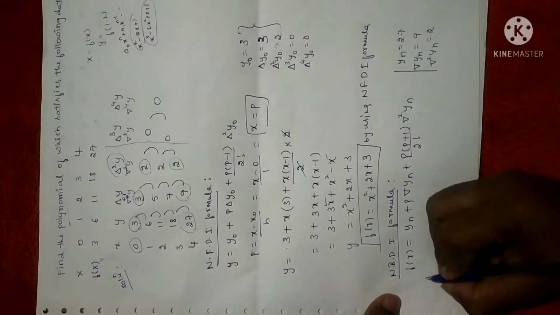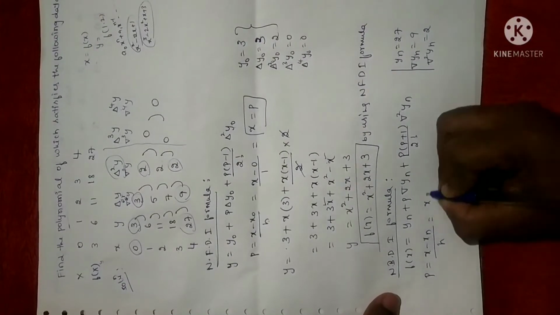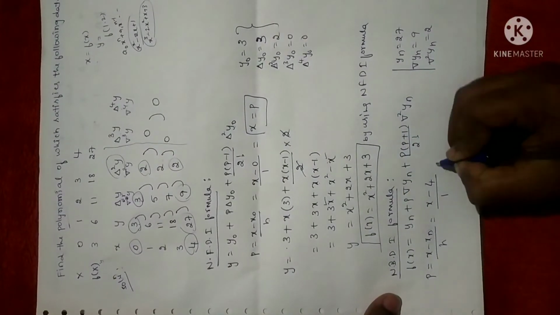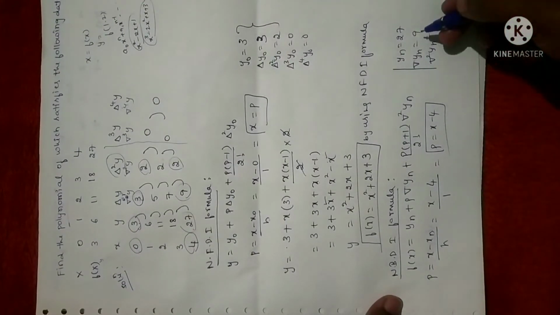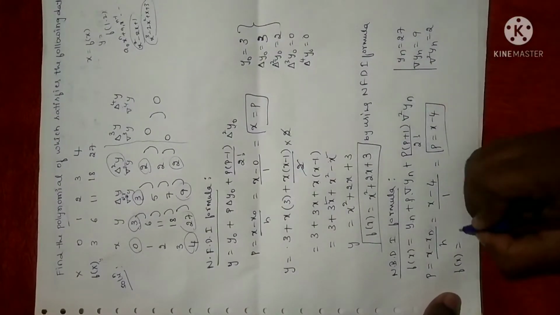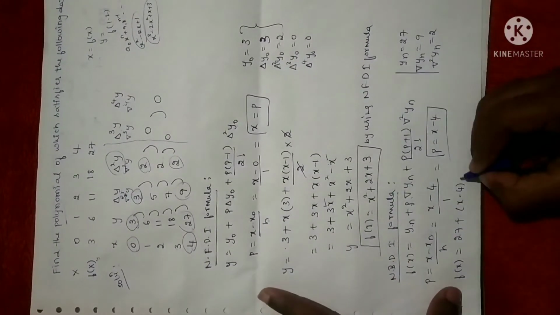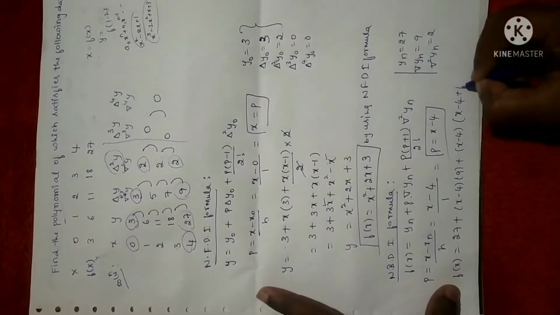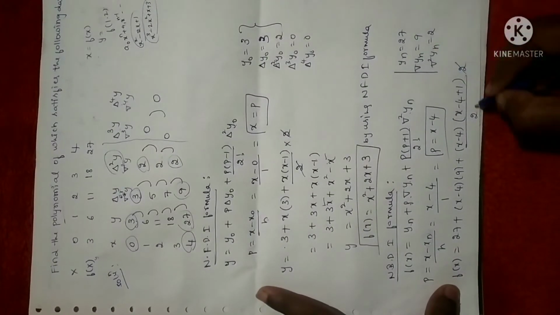Now with this, the p value again I have to calculate. It is given by x minus xn divided by h. Here x is unknown as it is, minus xn is the last value of x. So what is the value here? It is 4 divided by h is 1. So p value is x minus 4. Now let me substitute all these values in the backward difference formula. Here you will get f of x is equal to yn is 27 plus p is x minus 4 into delta yn is 9 plus p is x minus 4 into x minus 4 plus 1 divided by 2 factorial, value 2 itself, delta square yn is 2. Now this 2 gets cancelled with this 2.